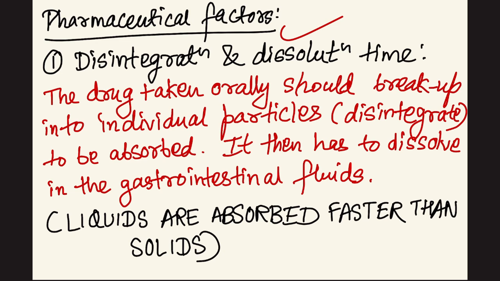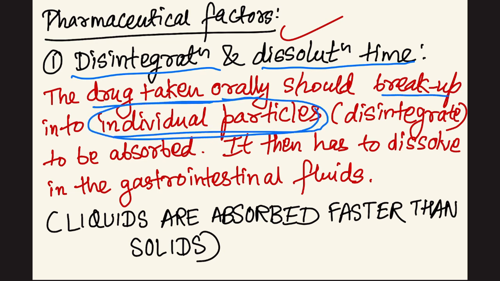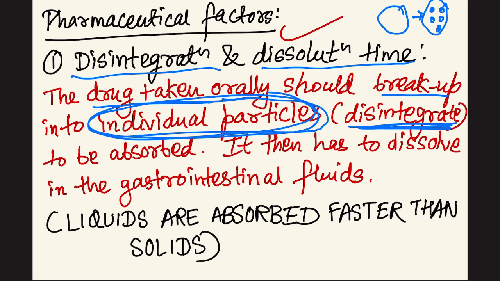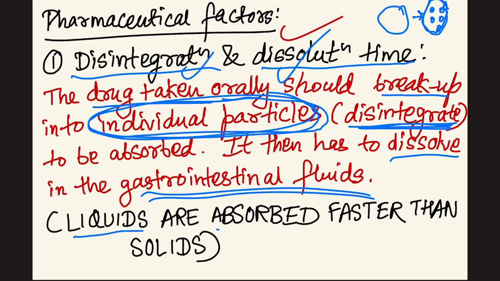So under this we have disintegration and dissolution time. So what do we mean by disintegration? Whenever a drug is taken orally, it has to be first broken down into individual particles. Okay, small individual particles. Suppose we are taking a tablet, it has to be broken down into small individual particles, and this process is called disintegration. So disintegration will affect the absorption process, and then these particles have to get dissolved into solution. So this disintegration process and dissolution process affect the absorption, and that is the reason why liquids are absorbed faster